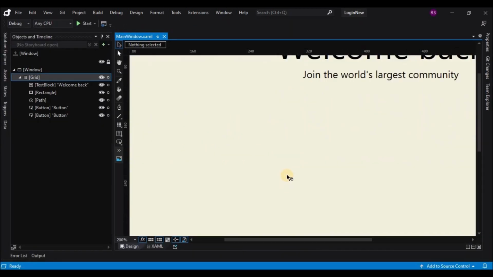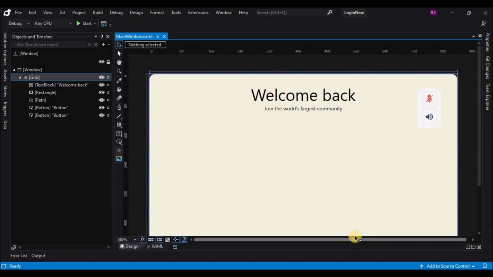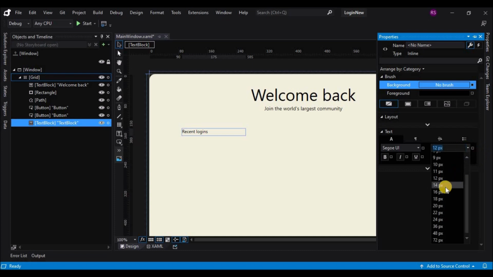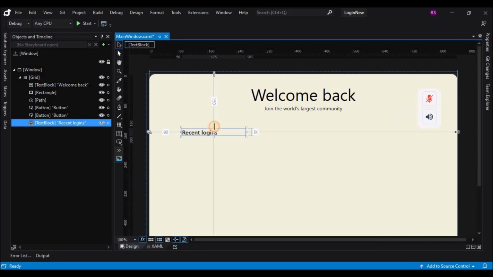So let's scroll down and zoom out a bit. Okay, and let's draw a text block. Type some text. Here I am typing recent logins. Let's change the font maybe to semi bold. Okay, better. Now let's draw a rectangle,